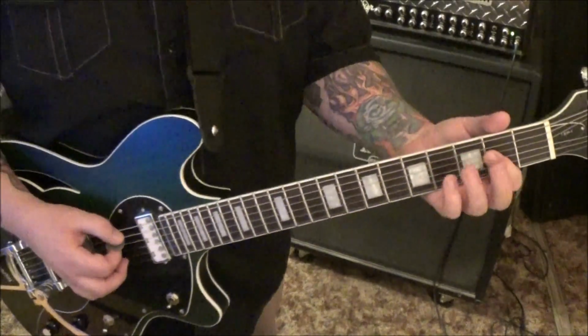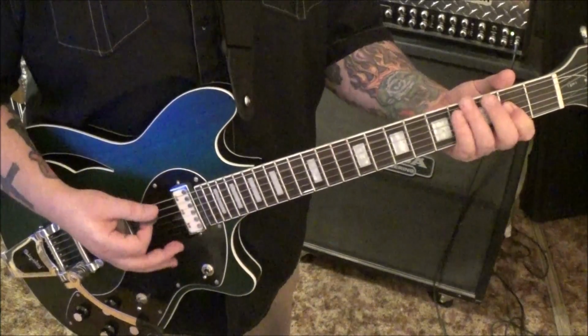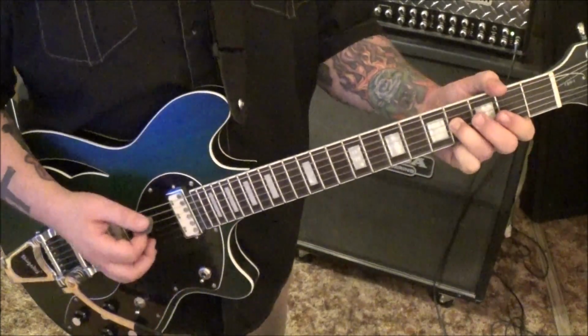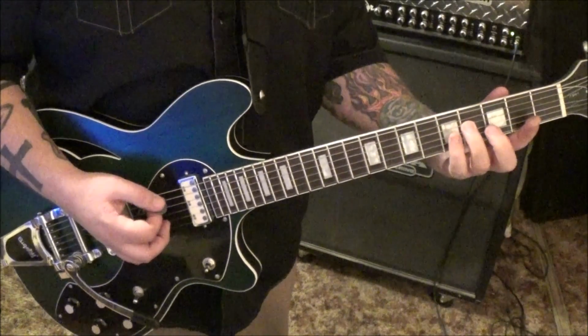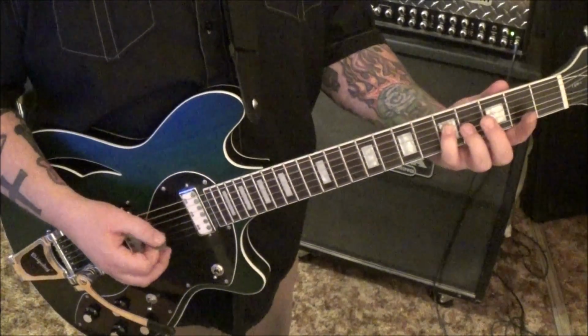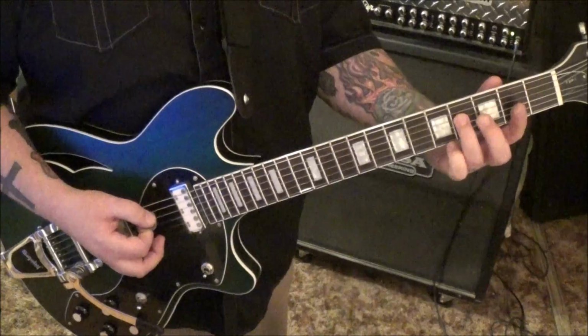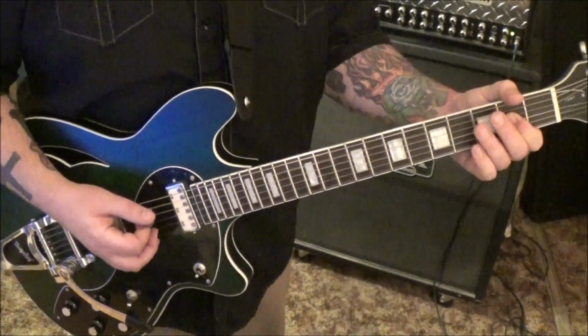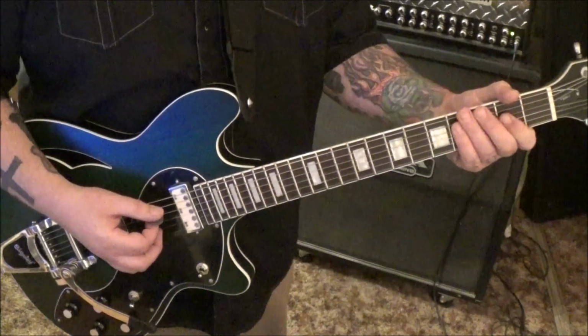So, open 2 AD, quick rest, and then palm mute open A, and then open 4 AD. Same thing again, but go to the 5th fret after. Same thing back to 4th. Same thing back to 2. And then a palm muted open A. So if you played all that, it's...